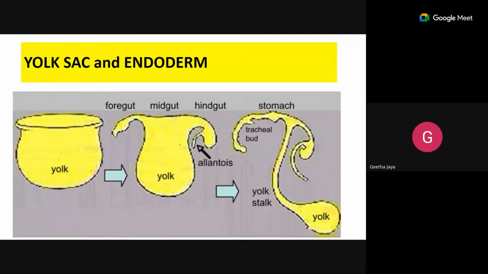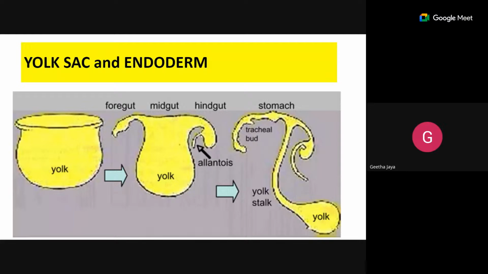So you have the cloacal membrane initially, actually it was initially in the anterior aspect of the folding tail fold,